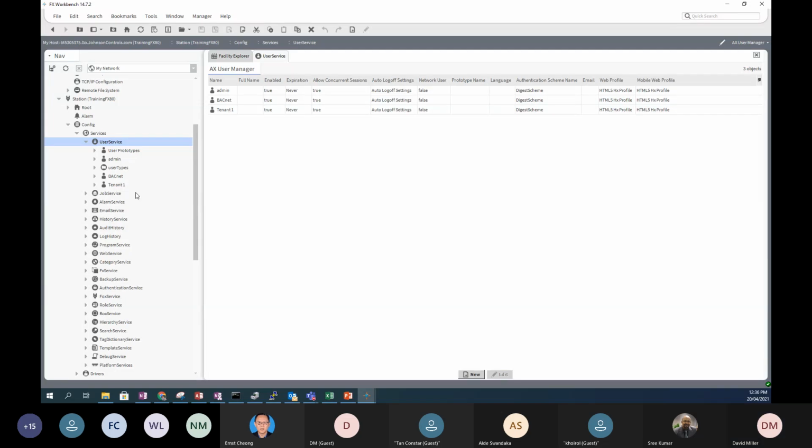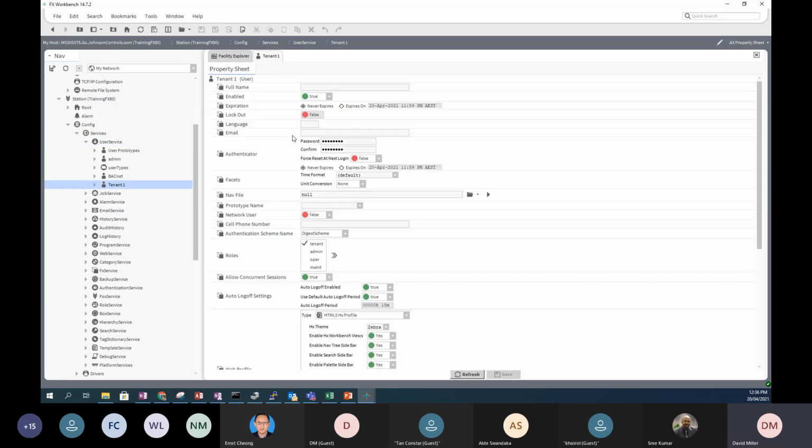So if you created a job, part of that process of possibly handing it over to the customer is you set up the customer's logins, their users that they're going to use to access the system. If we double click that user that we've just created, we can go through the various properties that we have for that user. So things like the username and password,